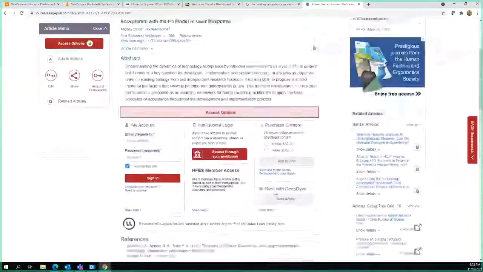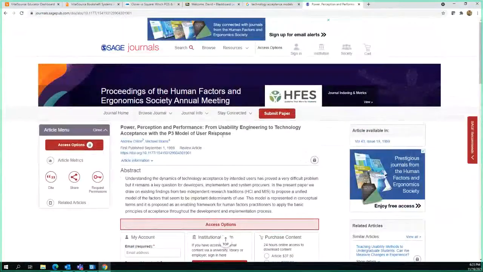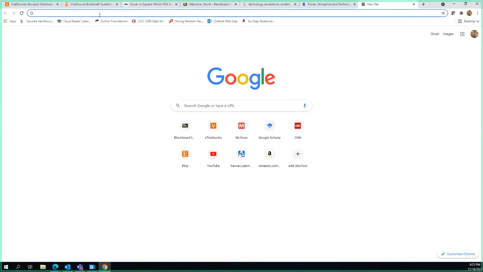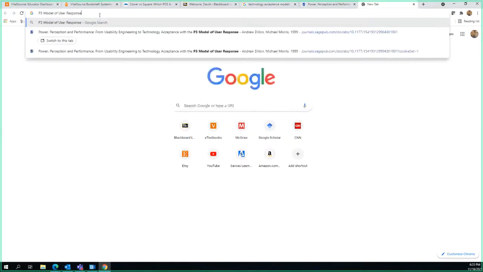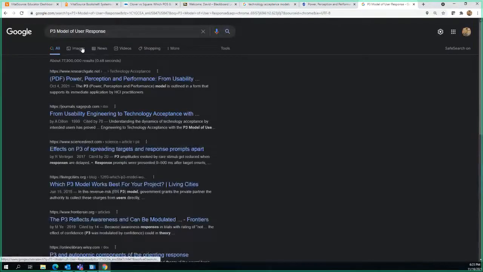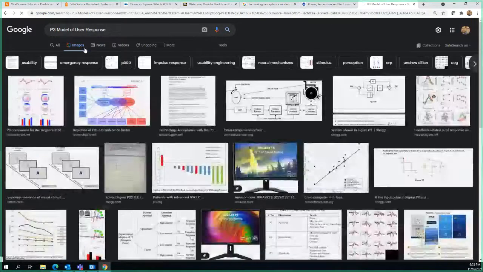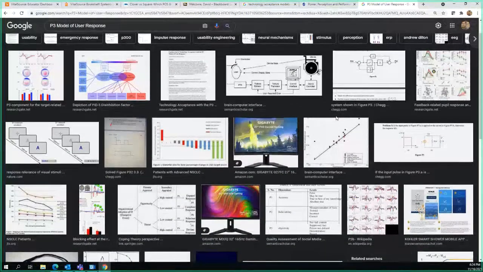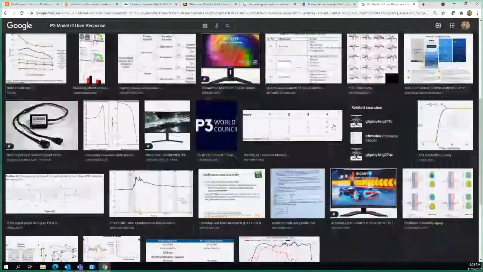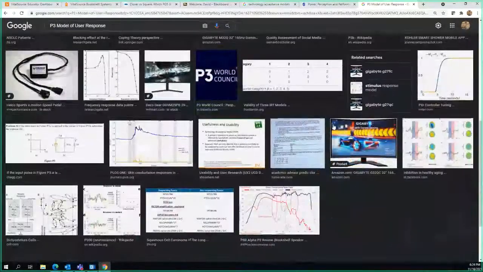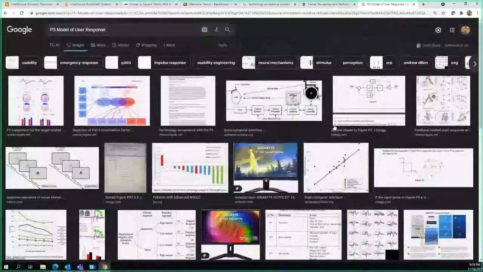But this one is different in, let's see if I can find their image, because they're different in the fact that they're still going to take into consideration the perception component is, and I don't see it.